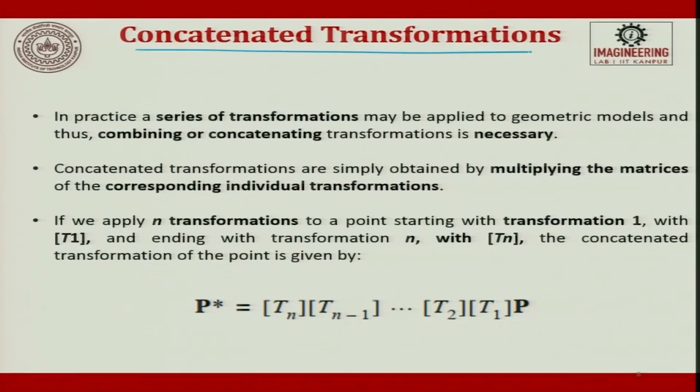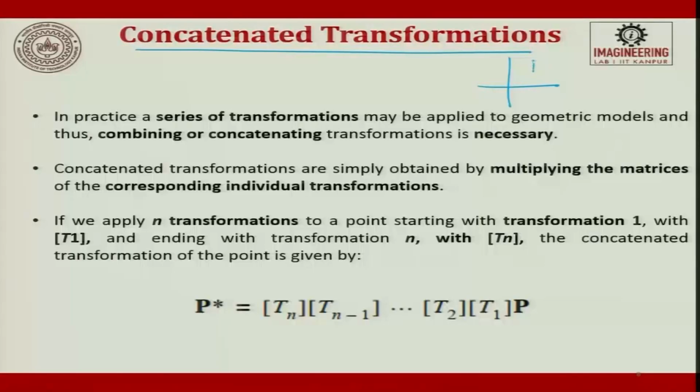Now, we have seen only one step transformation, but in reality there are several steps an object will undergo to go towards its final destination. For example, let us take a square. Suppose I wanted to move the square about its center axis, and I wanted to rotate the corner by another 30 degrees or 60 degrees in the clockwise direction. So, now I have to rotate about this axis and then do the second.